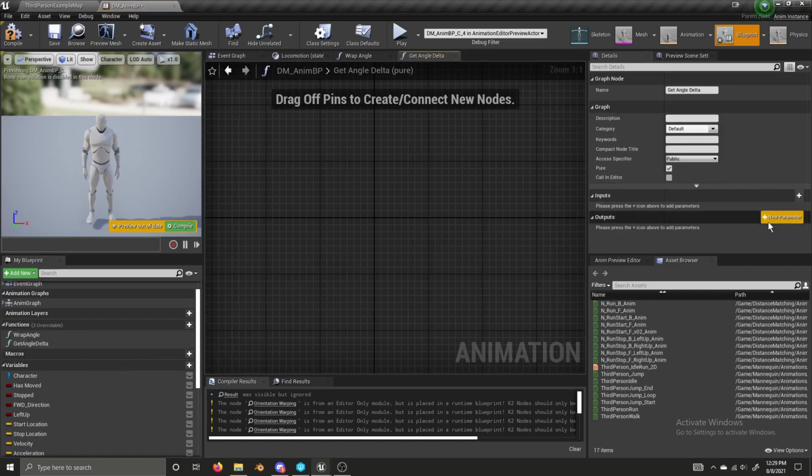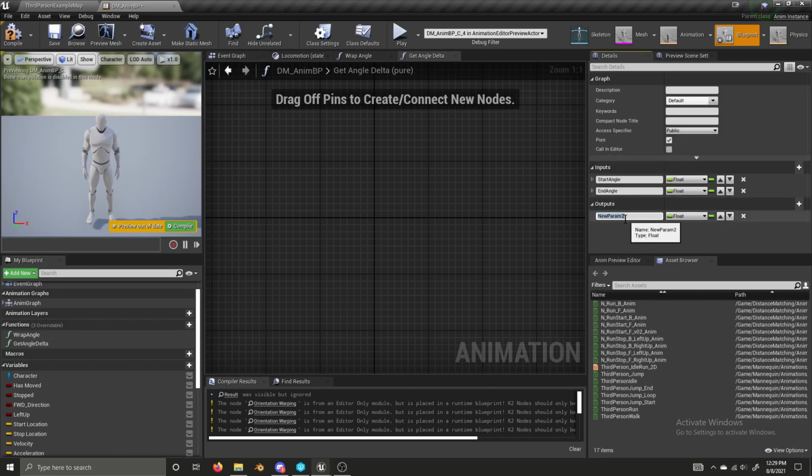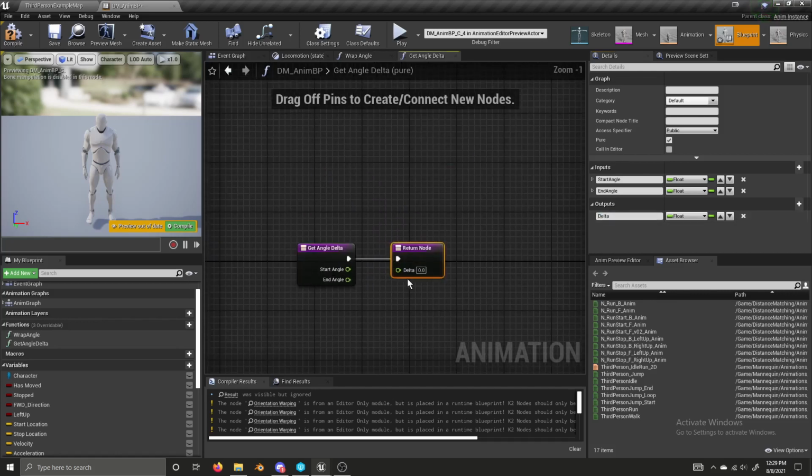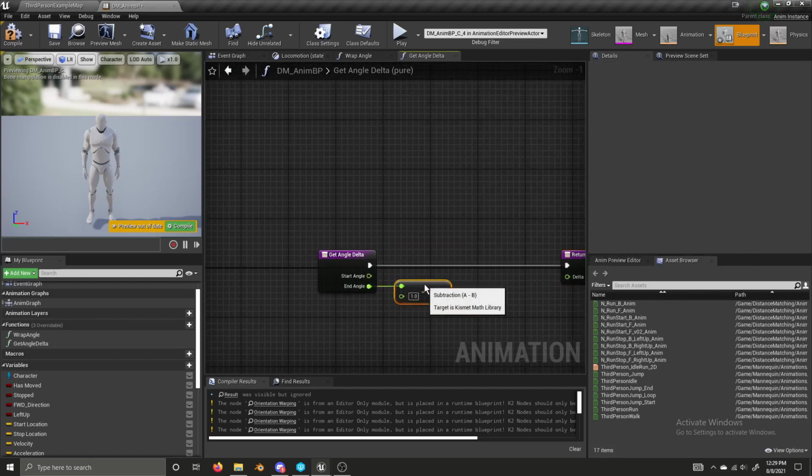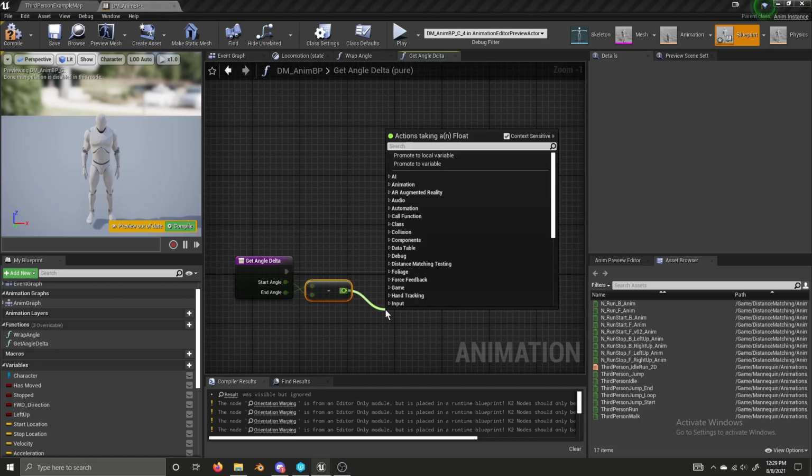On this one, we need 2 inputs and 1 output. Our first input will be start angle, and our second input will be end angle. Our output will be delta. Now, the first thing we're going to do is subtract the end angle from the start angle. So we're just going to give ourselves a subtract float node, and we're going to cross our inputs and plug them into it. And if this is greater than